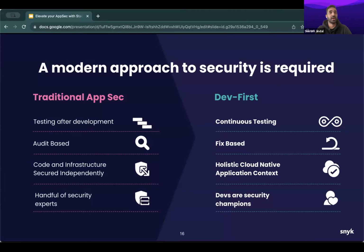It can no longer be a reactive approach, where it acts as something after the fact. It needs to be a lot more built into the workflows and processes and tools and the overall software development lifecycle that teams are using. And rather than it being built for security experts, it needs to also take into account that developers are often the ones consuming these vulnerabilities and having to fix these vulnerabilities. And so as we think about the challenges that traditional AppSec has brought and taking it into this dev-first approach,